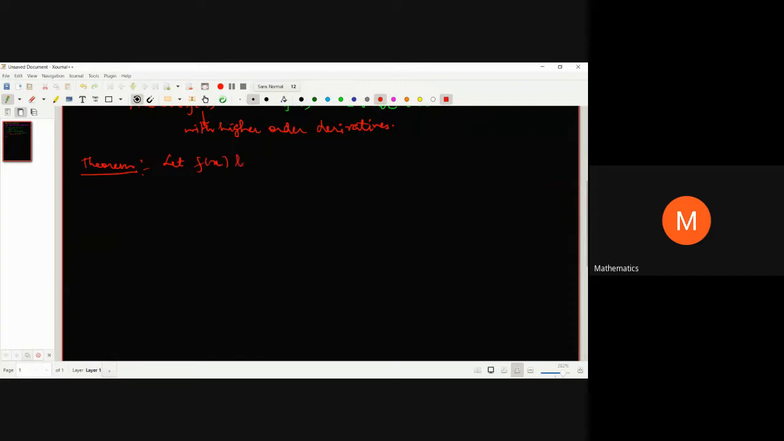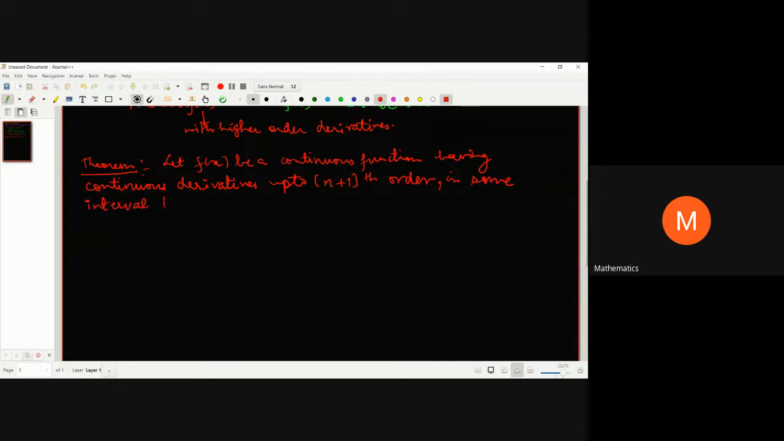Let f(x) be a continuous function having continuous derivatives up to (n+1)th order in some interval I, such that there is a point a which belongs to this interval I. Then we have